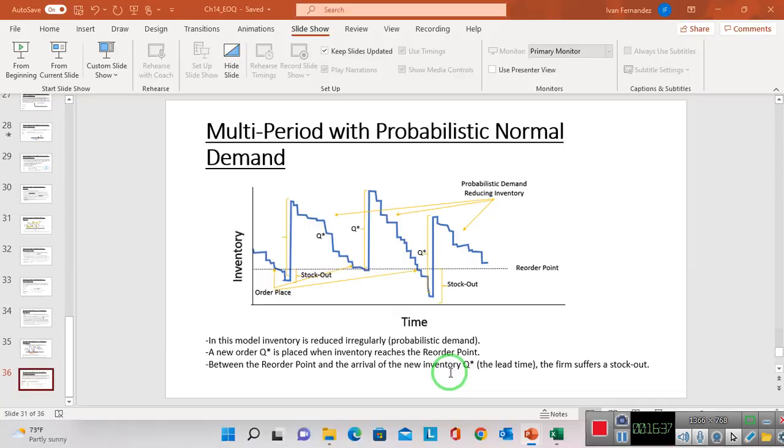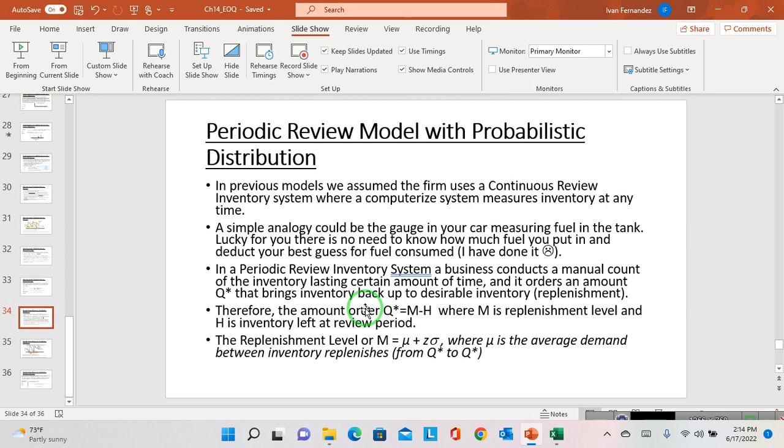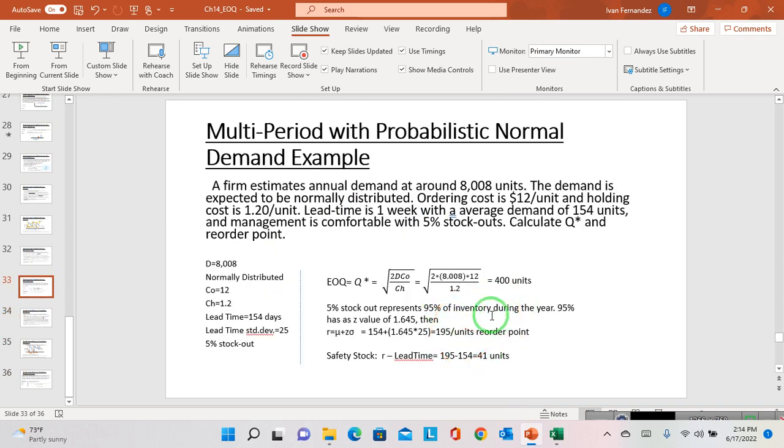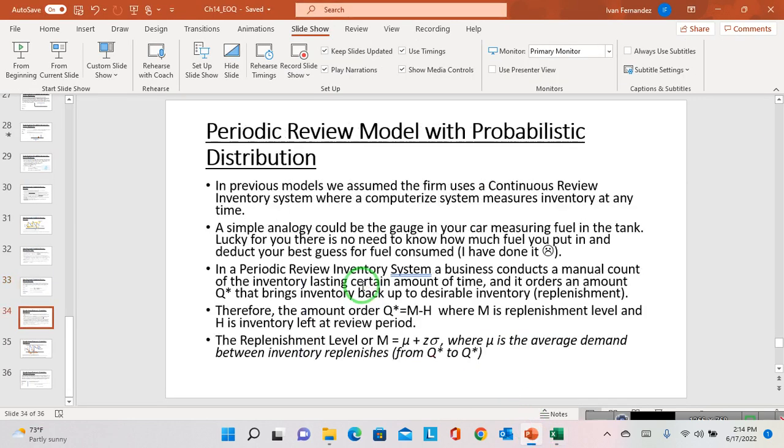Now let's see how that looks on Excel. Oh, I forgot to show you the Excel. I have an Excel for the previous problem. We can review it very quickly. It was this problem, 400 units, lead time 41. So as you can see, your economic order quantity is 400.20. All the formulas are there. You just have to enter the right values in the Excel. And for the periodic, which is the one that we're looking at now,